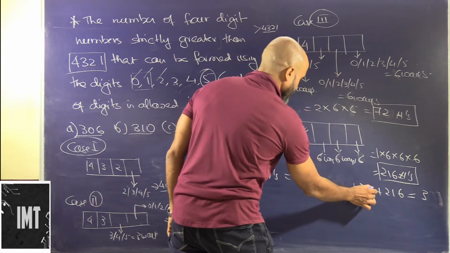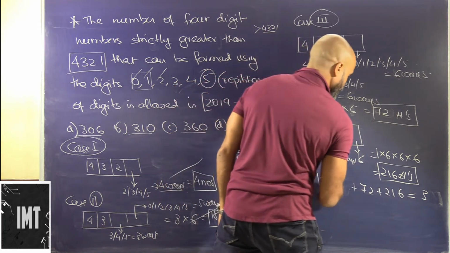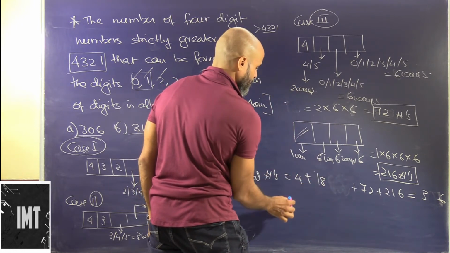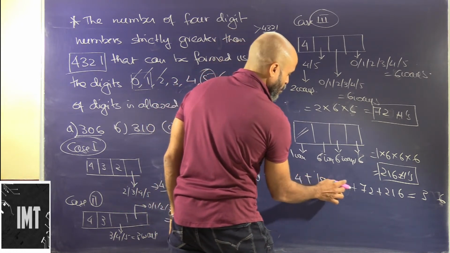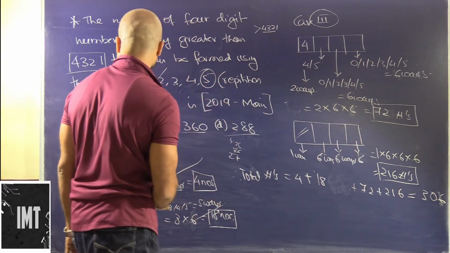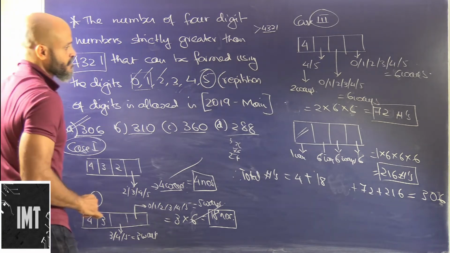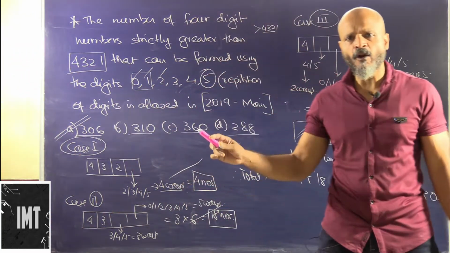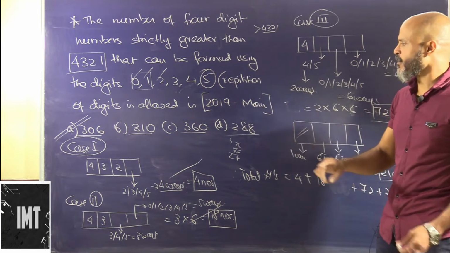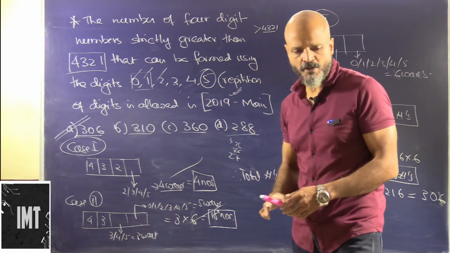So this will be 6, 7, 8, 8 plus 4, 12, 12 plus 4, 16. Then 1 plus 1, 2, 2 plus 7, 9, 9 plus 1, 10. That will be 306. Yes, this will be the answer. Simple problem on arrangement. No difficult concepts involved here. A very simple problem that was asked in IIT Mains 2019.